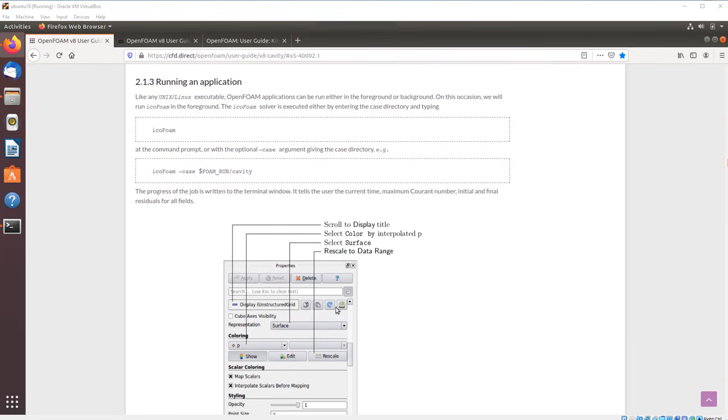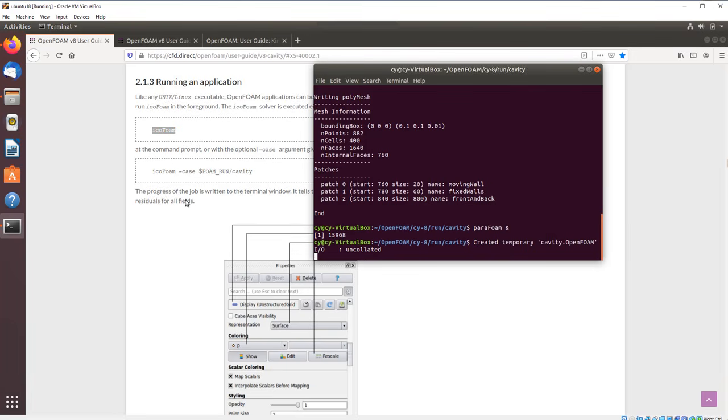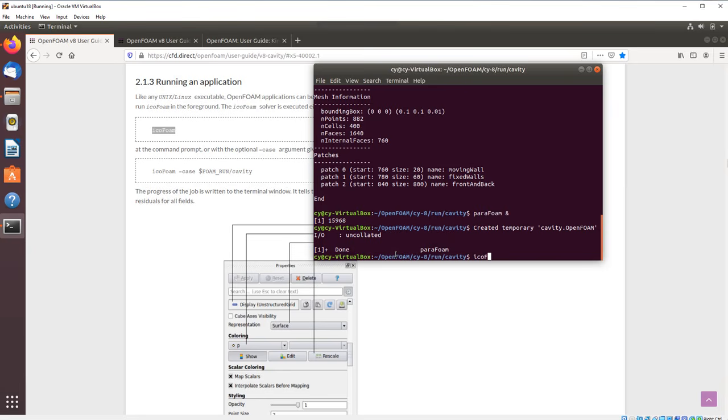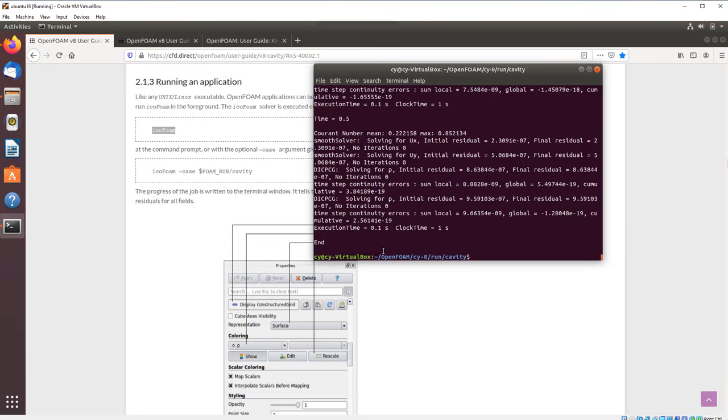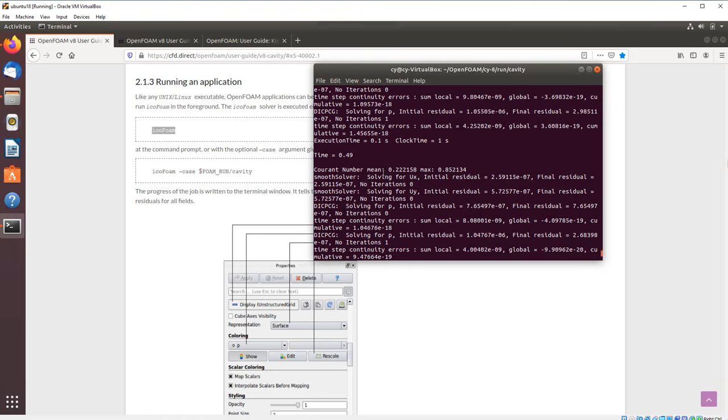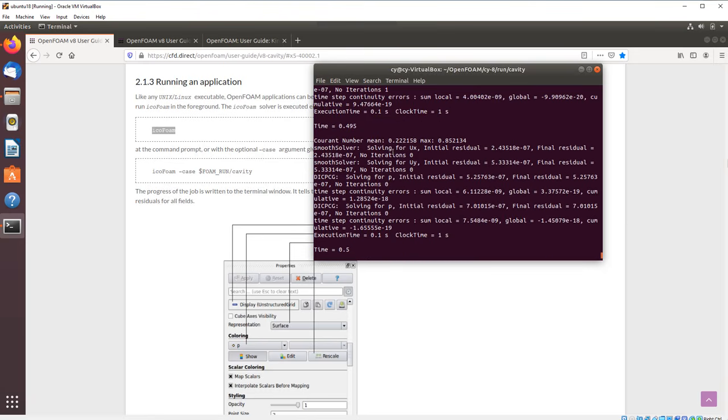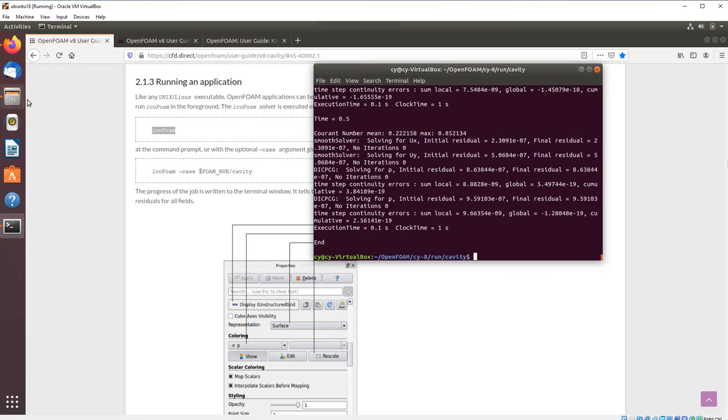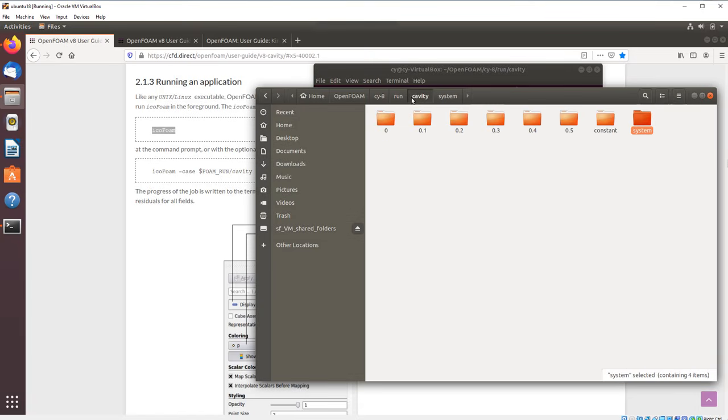Launching the OpenFOAM solver application is just one command, so it's very easy. Let's just run icoFoam like that. And now it's over. It's actually very fast, so you don't even see it, but each of those time increments has been calculated right now. And if I go back into my folder structure, you see that now I have 0 to 0.5, and I have 1, 2, 3, 4, 5, 6 different folders in which this time I